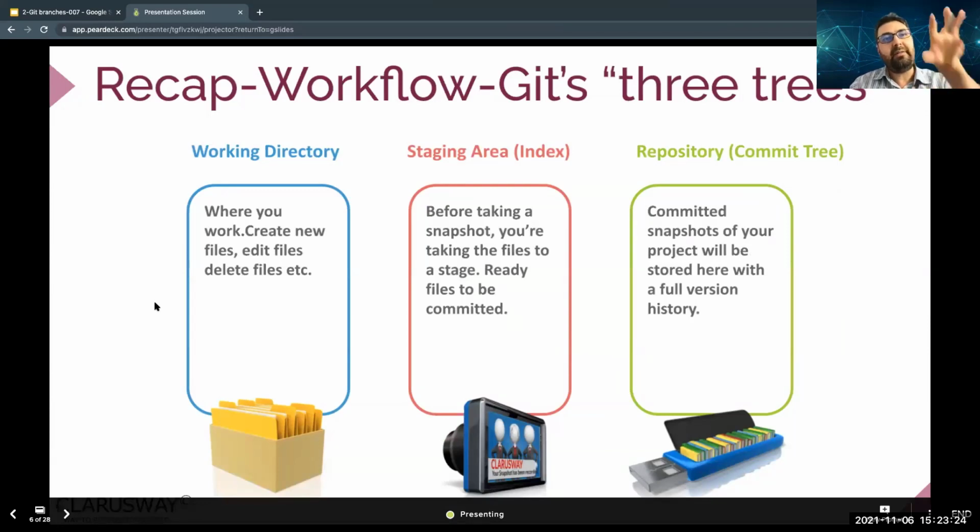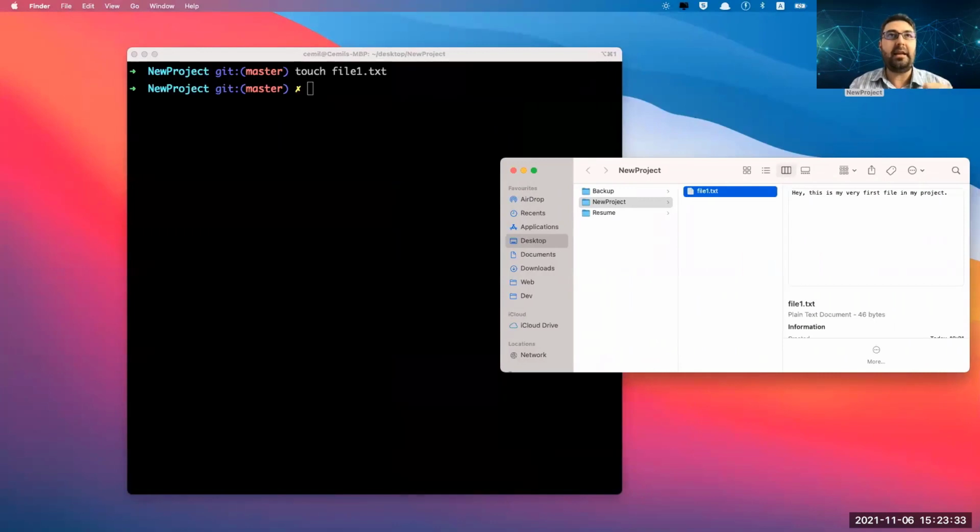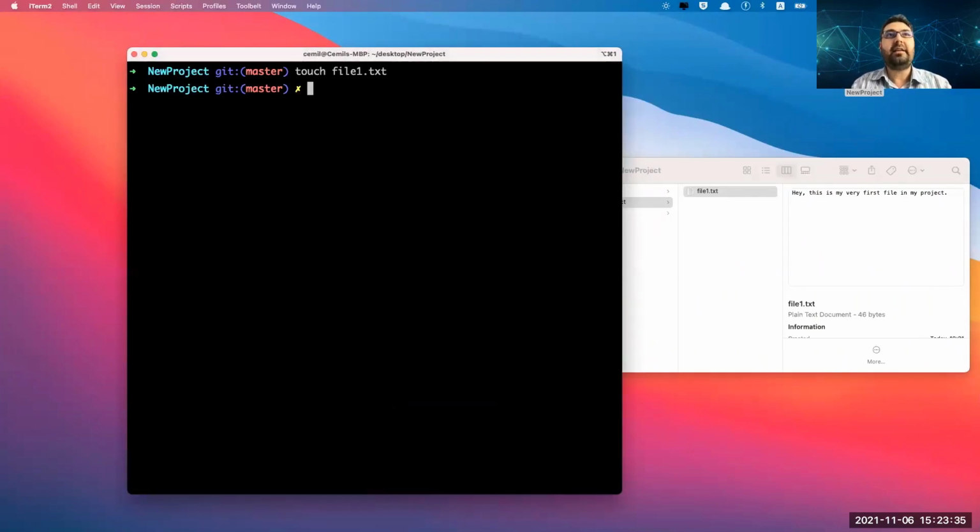But now I will take this file from here and put it into my Git staging area. So yes, see that I'm going to say git add file name. Well, in the file name, because it's file1.txt, it automatically completes for me. Thank you. It may not complete for you. Don't worry, just type file1.txt. Then it's in the staging area.